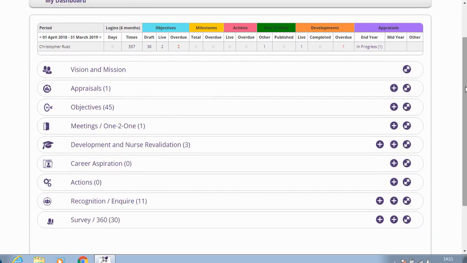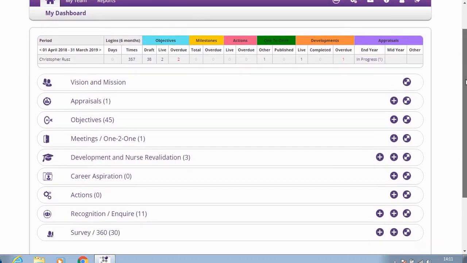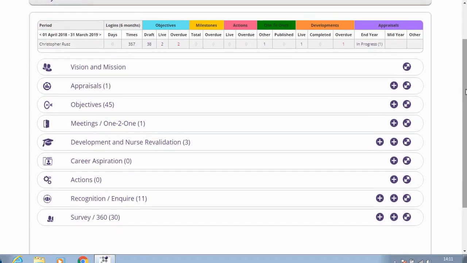I've shown you how to add certain things onto the system. What I am now going to talk you through is the recognition and inquire section within Actus. This is where you can gather feedback or send essentially electronic thank you cards to other members of staff. You'll see you have recognition and inquire at the bottom here. If you want to add a new recognition, so someone has done a really good job, you want to recognise that, select the little plus button